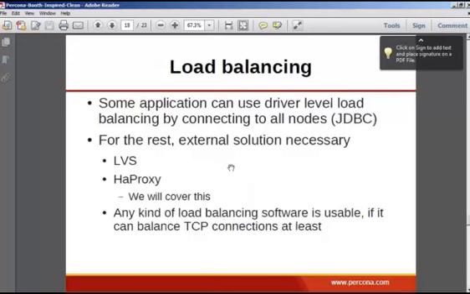Okay, so let's see how we can connect to the cluster from the application side. From the application side, you can use driver level load balancing, like for example, you can use JDBC if you have a Java application to connect to multiple servers at once from the driver. But for the rest of us, usually an external solution is necessary, and an external solution usually has different kinds of advantages. We will cover HAProxy here,